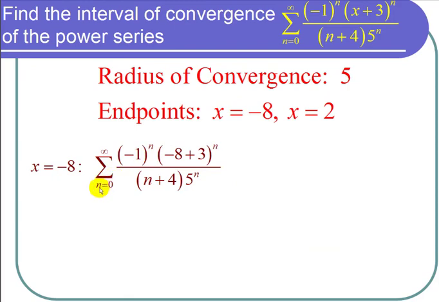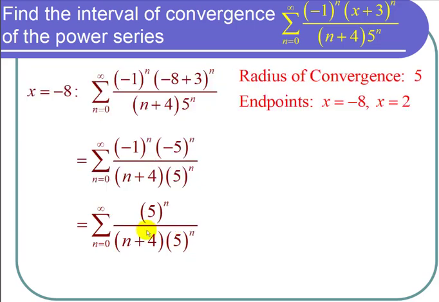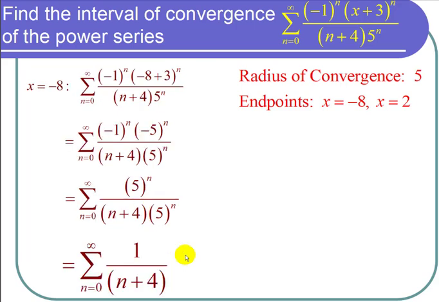And what I get is the summation from n equals 0 to infinity of -1 to the n times -8 plus 3 to the n over n plus 4 times 5 to the n. Well, -8 plus 3 is just -5. And -1 times -5 is equal to 5. So this simplifies to the summation from 0 to infinity of 5 to the n over n plus 4 times 5 to the n. And the 5 to the n's cancel,